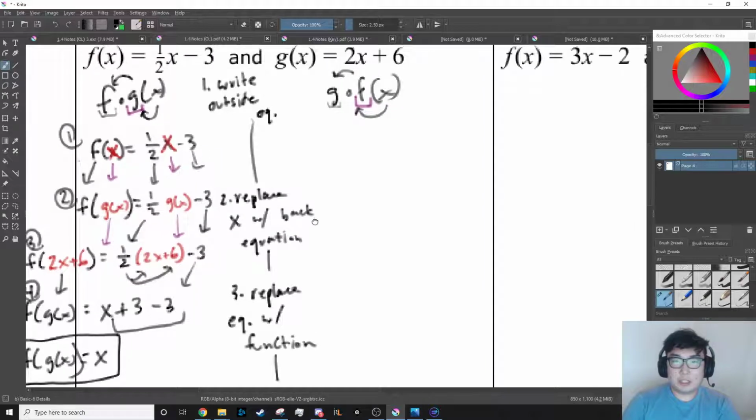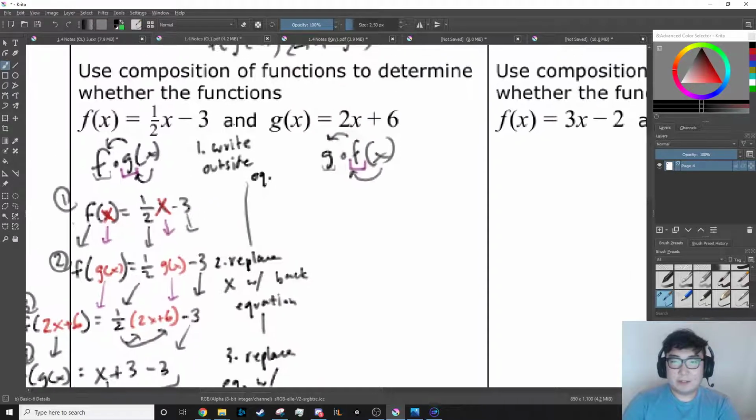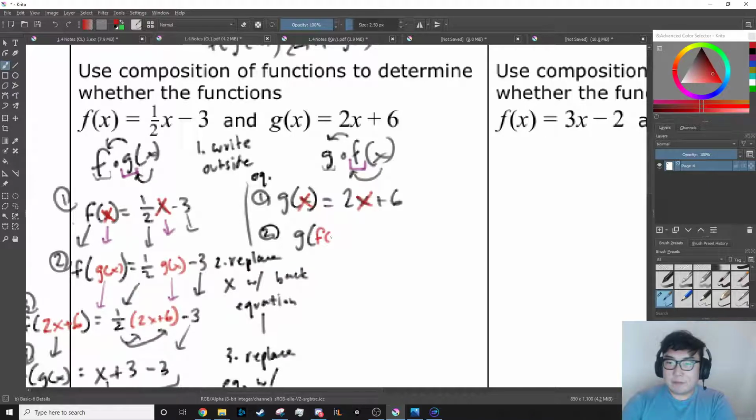So let's do the first step again. Right outside, g of x is equal to 2x plus 6. And I'm going to go back and replace my x's with red to just show visually what it is. This is step 1. Step 2: replace x with back equation. So my back equation for this is f. So I can do g of f of x